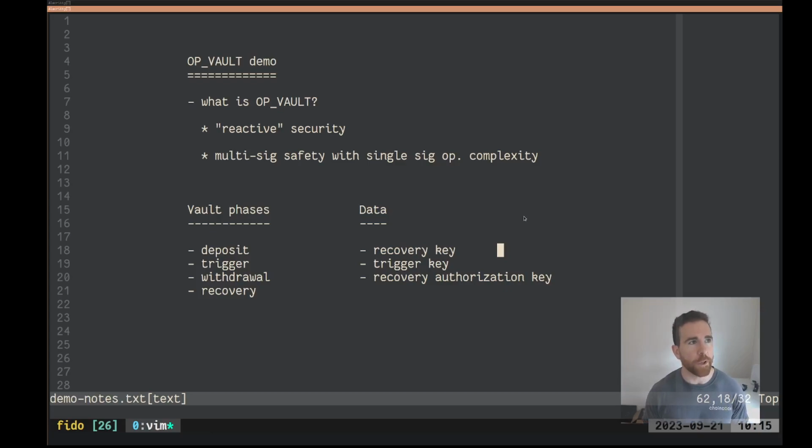With reactive security, you can encumber your coins in such a way that if there is key theft, you actually have some shot at recovering the coins. So I like to say it gives you multi-sig safety with single-sig operational complexity at the cost of having to wait a little bit. So the idea with vaults, and specifically with OpVault in particular, is that when you vaulted